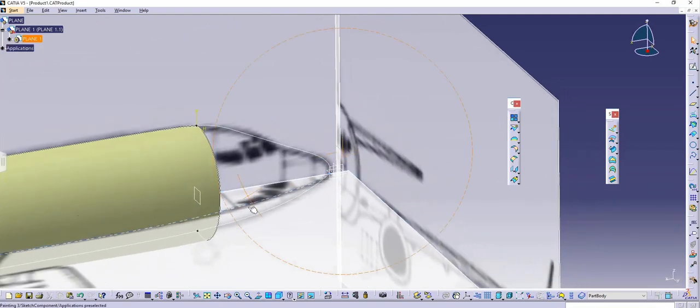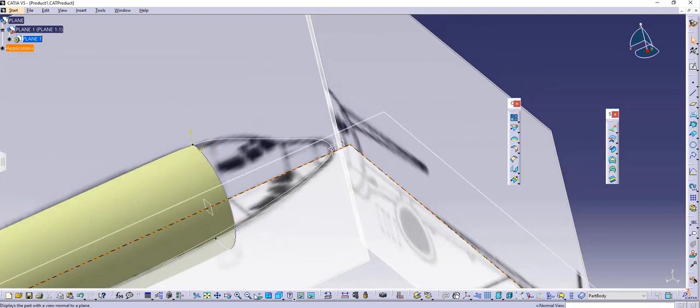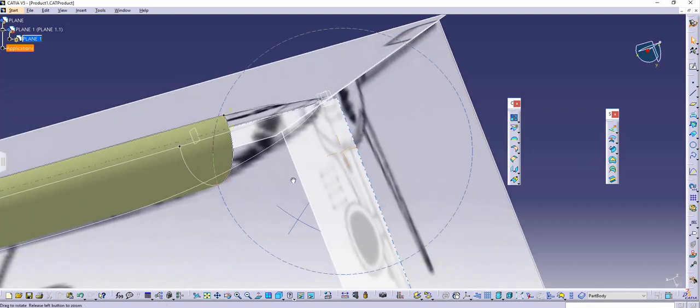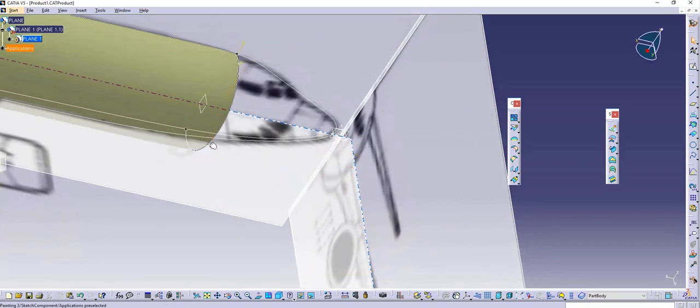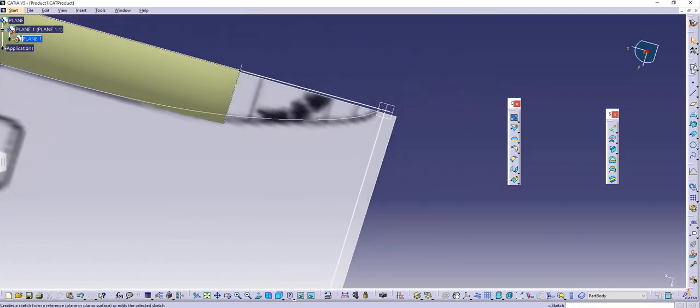I'm going to delete it, and because I already have the top view right here, I'm going to go normal to top view and have a look at where it's passing through. So now I can see this curve is not intersecting with this point, but I want it to be intersecting so that I can close it properly. I'm going to make a sketch right here,